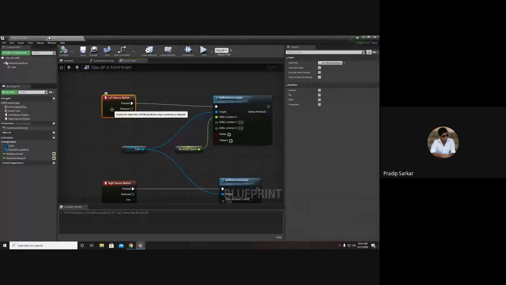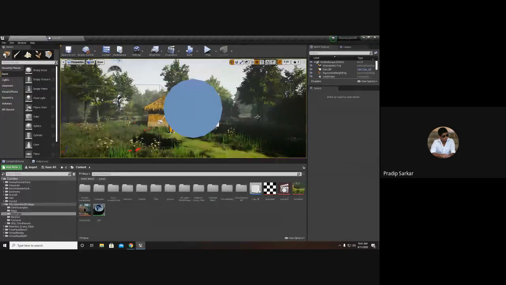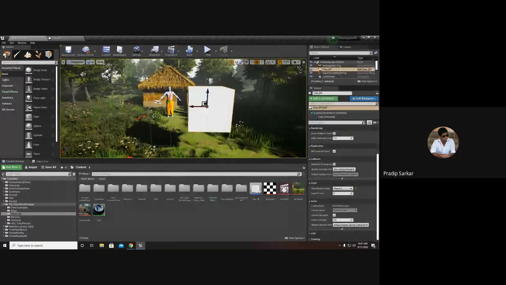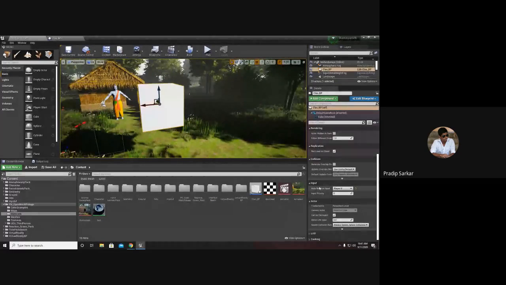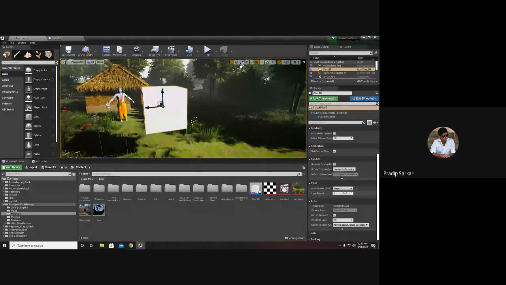For each and every input event node, that game object or the actor should receive any kind of inputs. So to enable the inputs, first you have to select the actor, and in the details panel you have to go into the input section and enable auto receive input to receive any kind of inputs from the player. Now I can give any number of players. There are by default 7 players. That means 7 people can connect to one system and control this